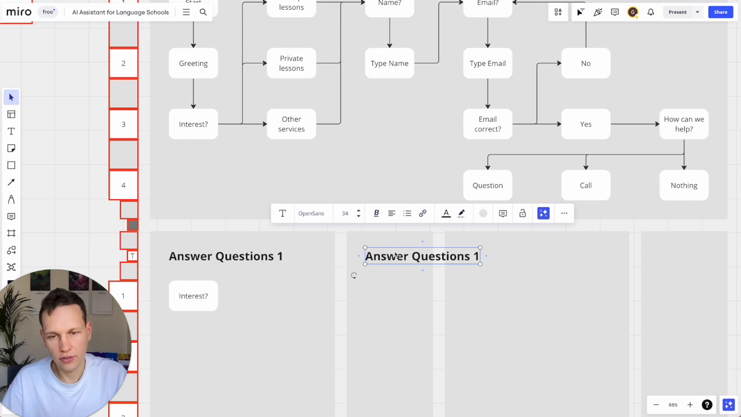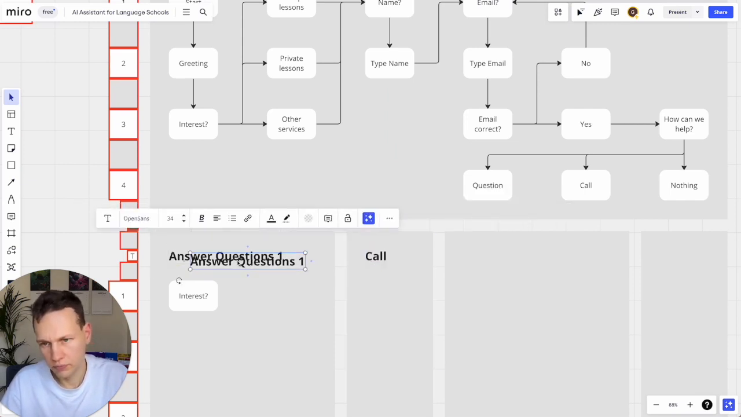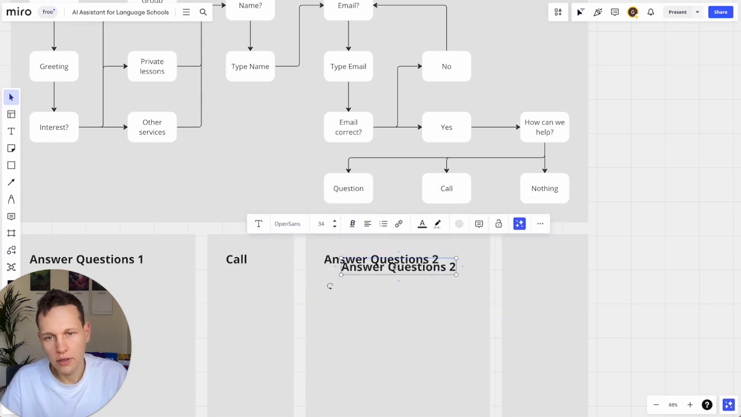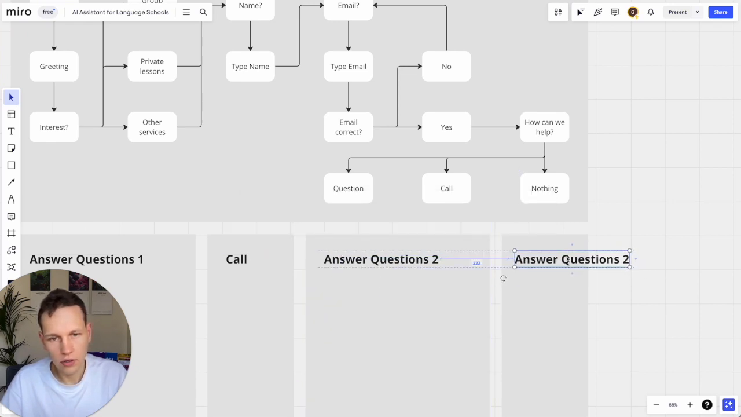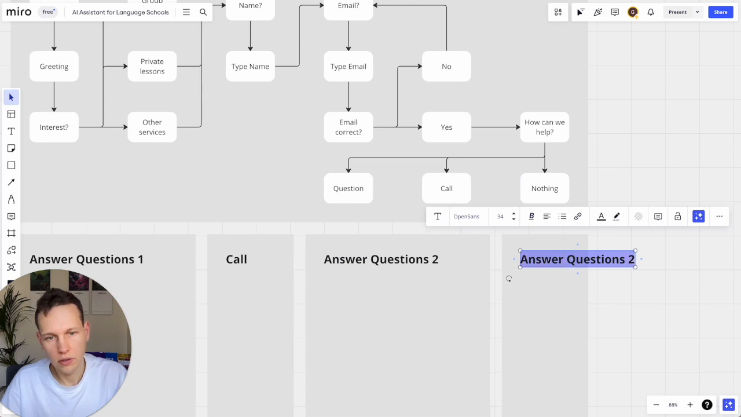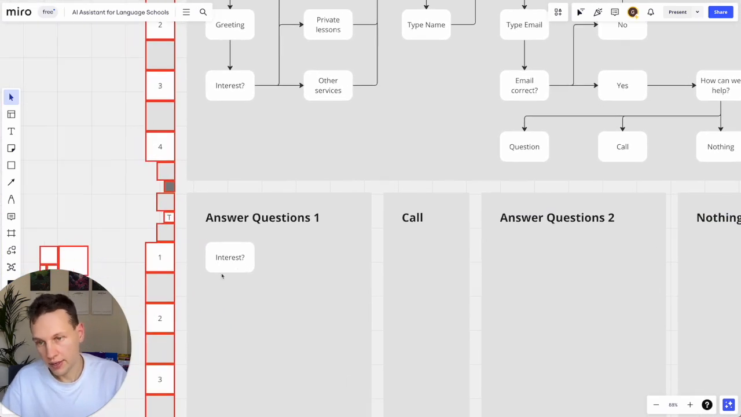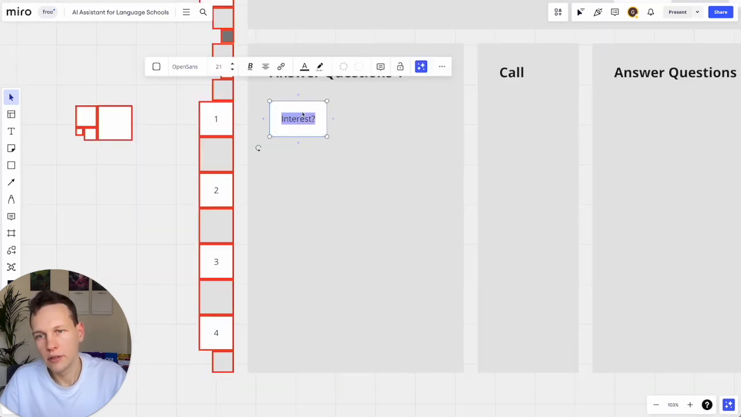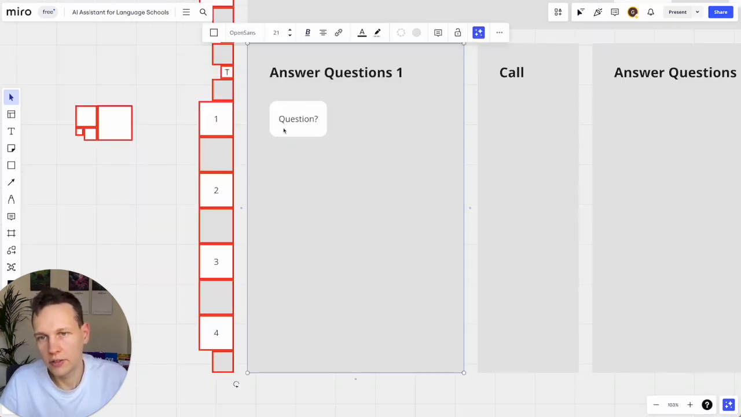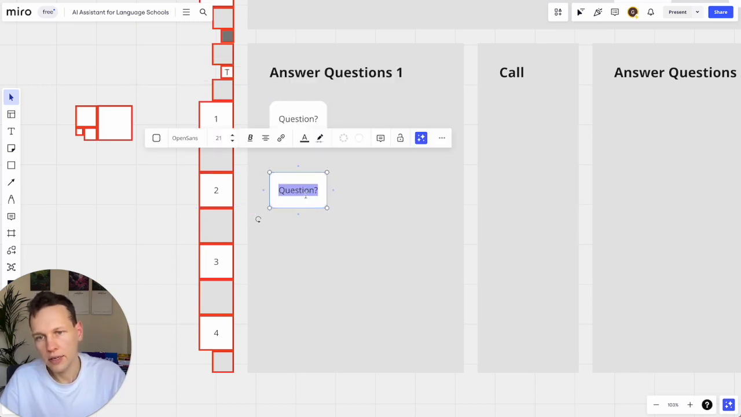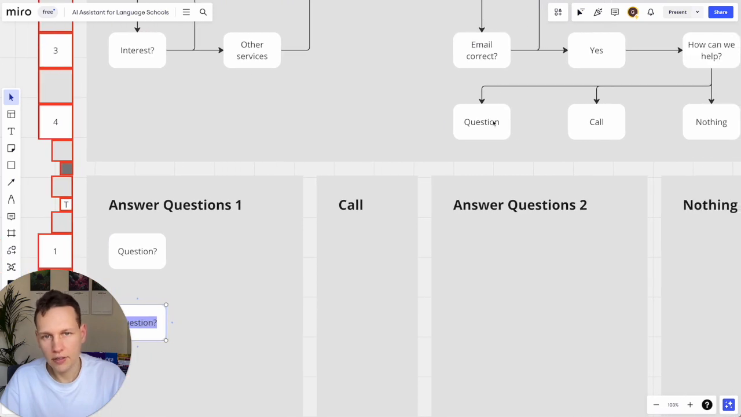That's why we have also 6 columns. Call answer questions number 2. And this is a nothing block. And then let's get started. Okay, we start with the question again. That means after they tap this button here, question,